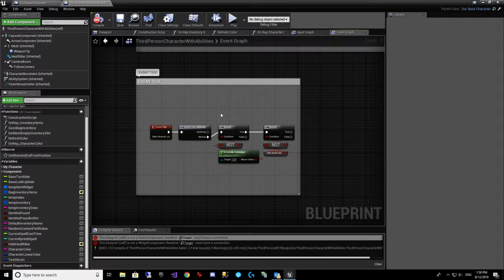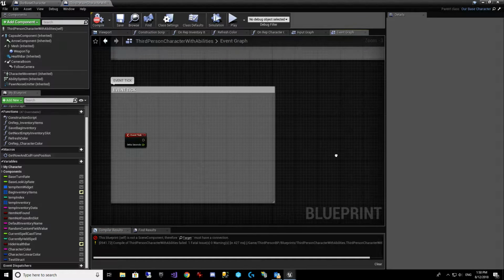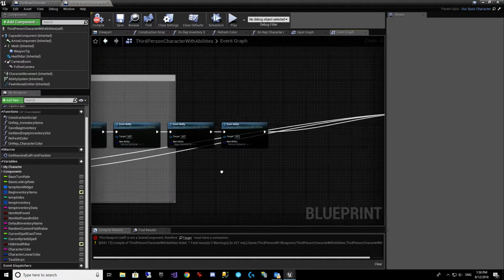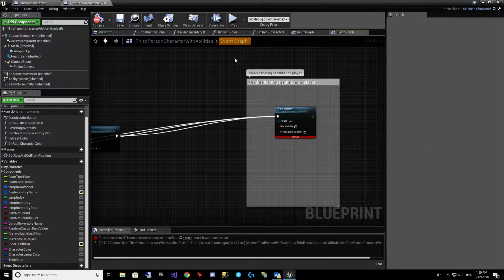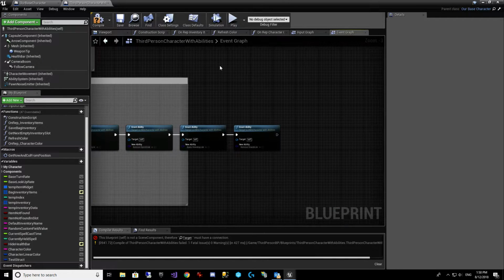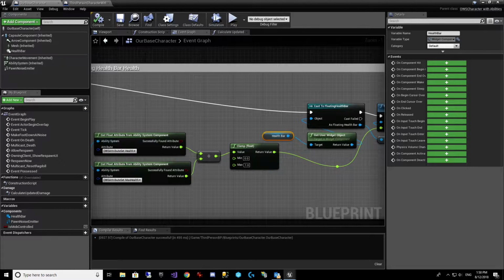But this was actually all about the health bar, so there's no need to even have that anymore. But we have also this visibility issue. So deciding whether to set the visibility or not, we also don't need that here anymore. Okay, so let's go back into our base character. And we're going to do a few things. So the health bar visibility,